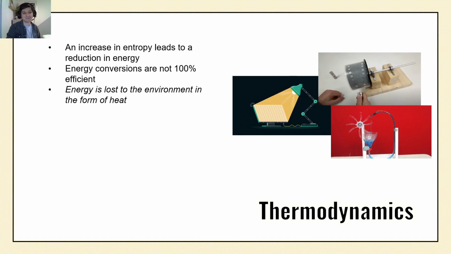And that's why we learned this, by the way. Energy conversions are not 100% efficient. Energy is lost to the environment in the form of heat. So really, when we looked at these pictures at the beginning, the main reason why these will not run forever is because they will lose energy due to heat. Yes, they seem very clever and they will cycle back and forth, but over time, heat will be created, heat will get lost to the environment, and energy will be lost over time.